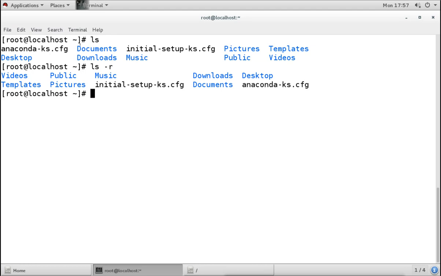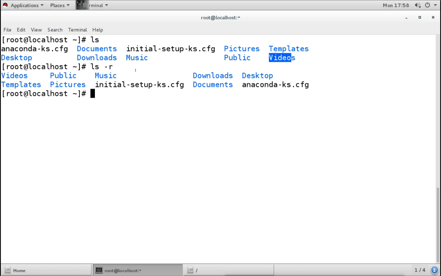Normally when we give only ls, it lists the content in alphabetical order, A to Z. It goes column wise, like A, B, C, D, and then E, F, G, and then L, M, N, O, P, Q, R, S, T, then V, and so on. So it is listing the content in alphabetical order, A to Z.